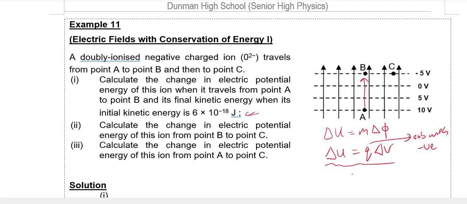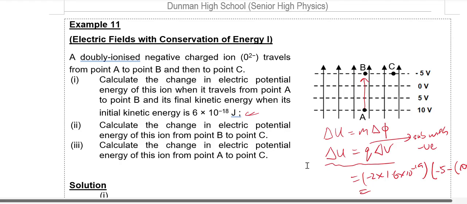So change in potential energy is Q delta V. Q in this case is negative 2, right? So it's actually equal to negative 2 times 1.6 times 10 to the power minus 19. Delta V is final minus initial, so minus 5 minus 10. And so final minus initial, and you can press your calculator to get the change in U, right? So the change in potential energy must